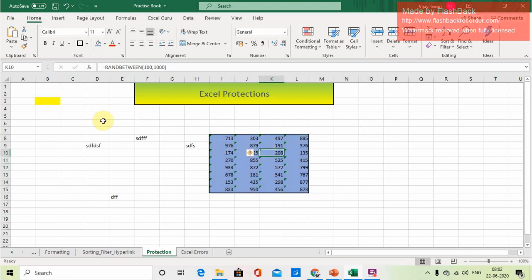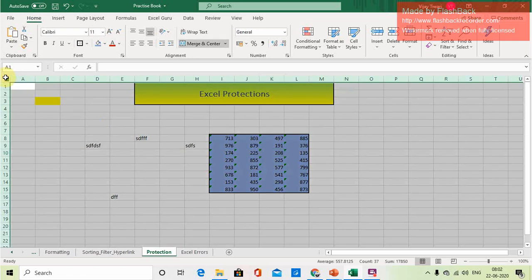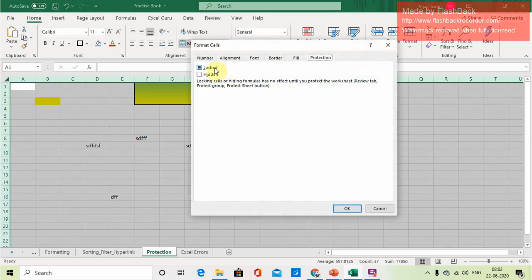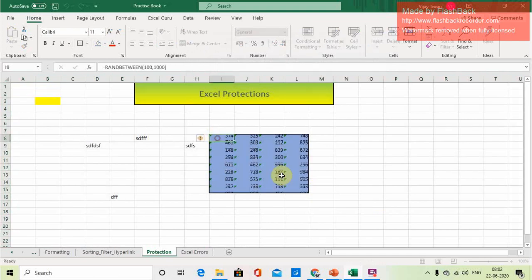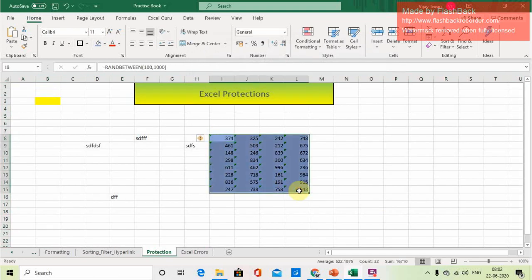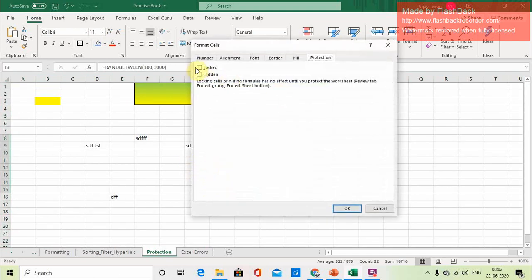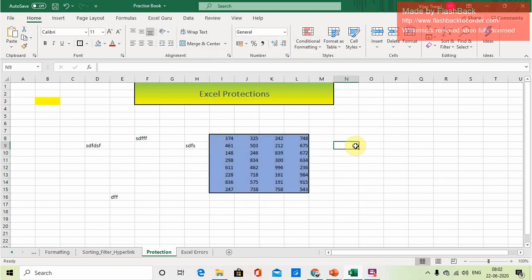So what we will do for this: first, select the entire sheet, go to format cells and unlock it. Then select this range, go to format cells and lock it. Now apply the protection.